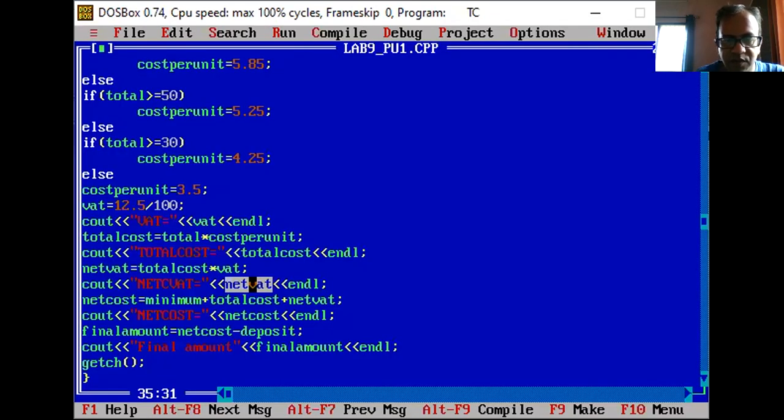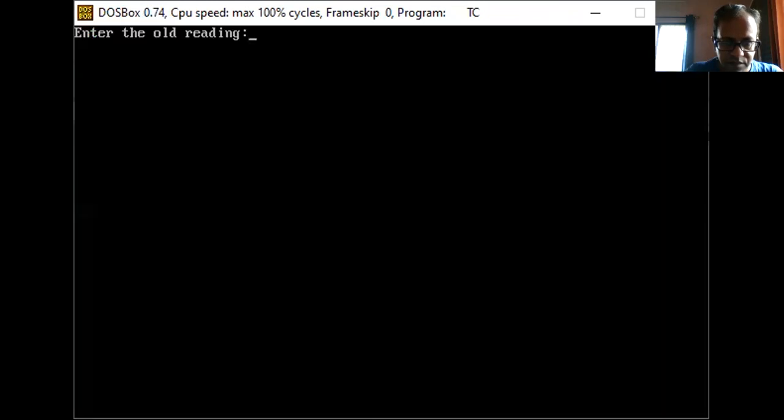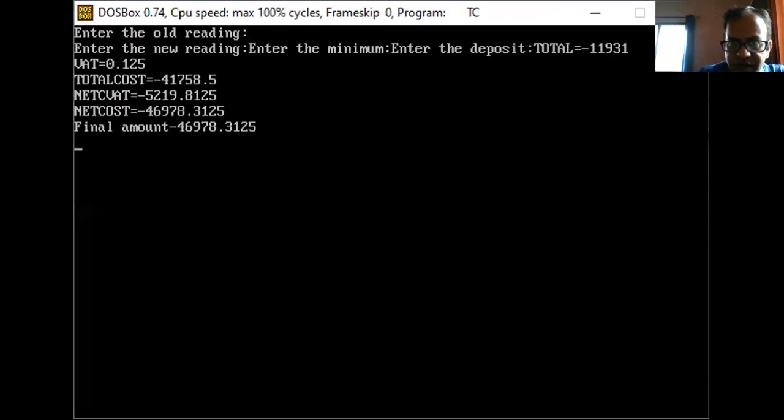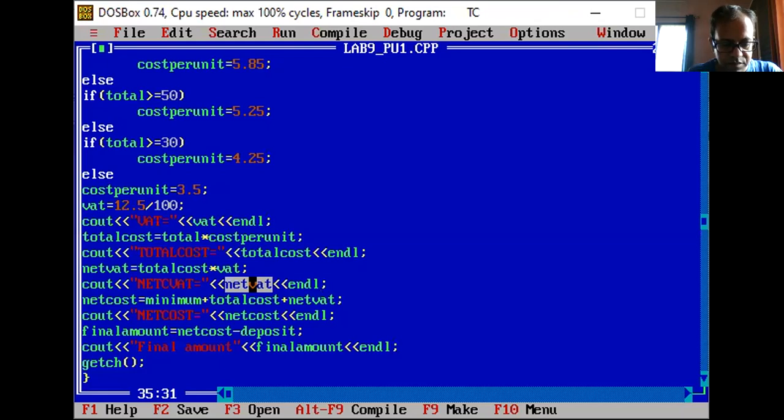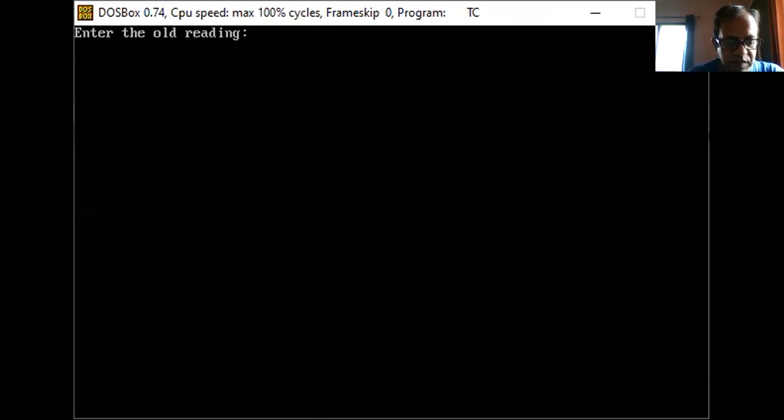I'll take one more, because we have done three sample values in the logic. So we will take the same values again from the logic. I have taken, say, 200, then 230.